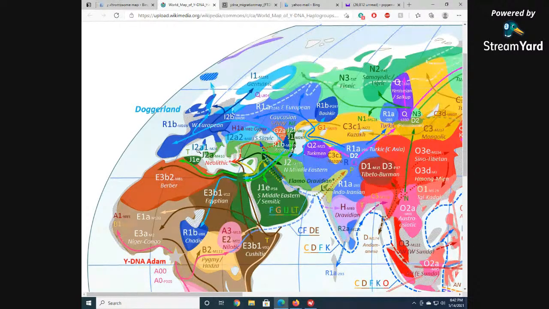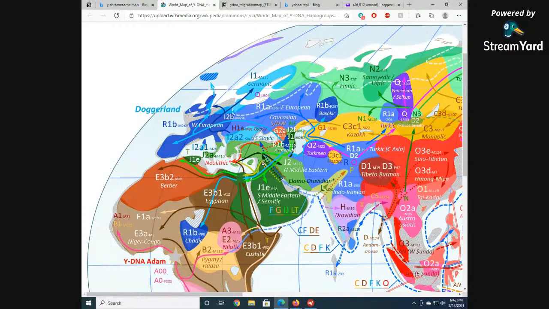The R1b went to America too, with the T, with the Phoenician people, with the Jewish people, with the G, with the E, and even the B. The B and the E became part of the Phoenician people who went to America, which included,